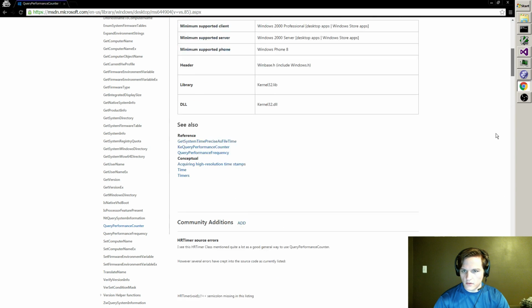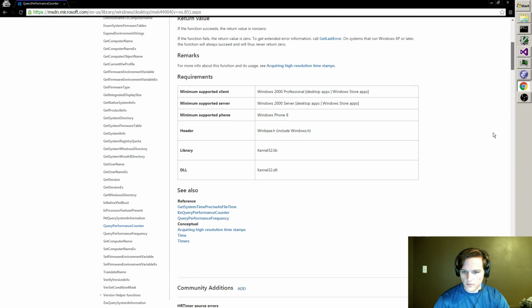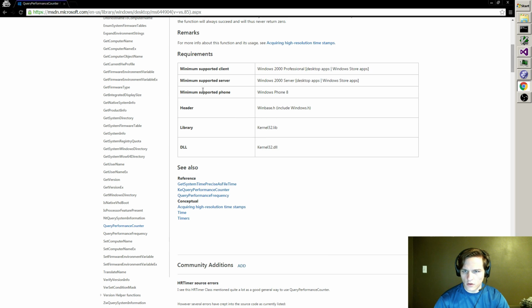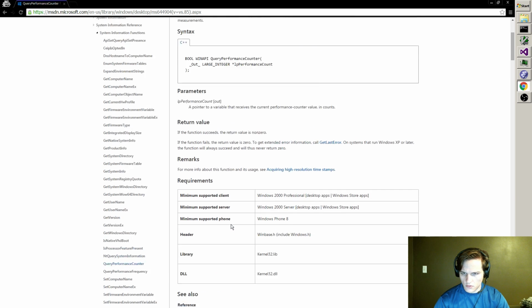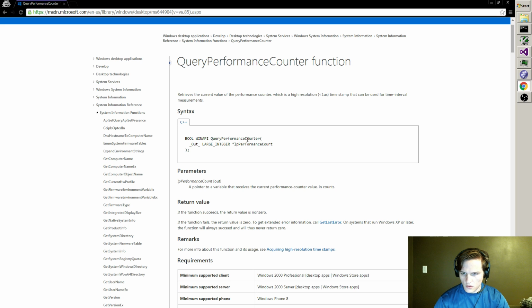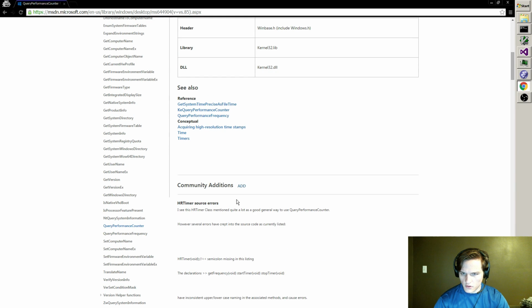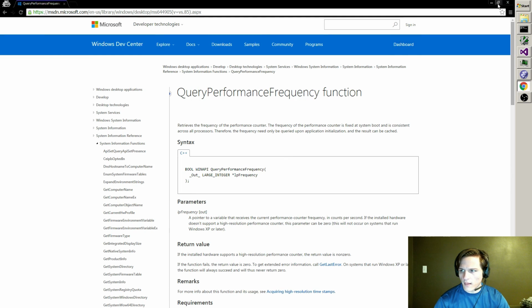If you forget to do this and you think it's just going to give you your microseconds directly, you will be in a world of hurt. No. There's like another query performance function, query performance frequency. Here it is.